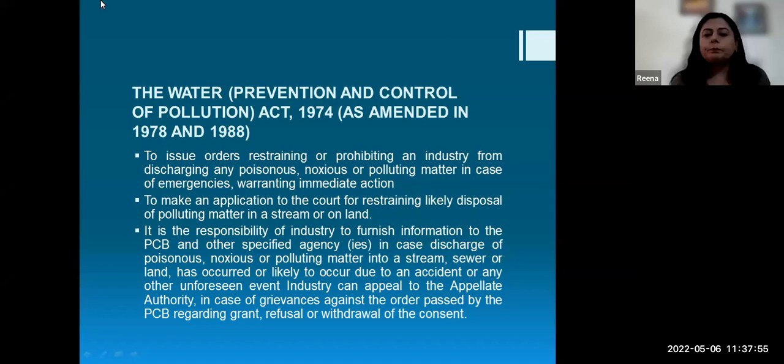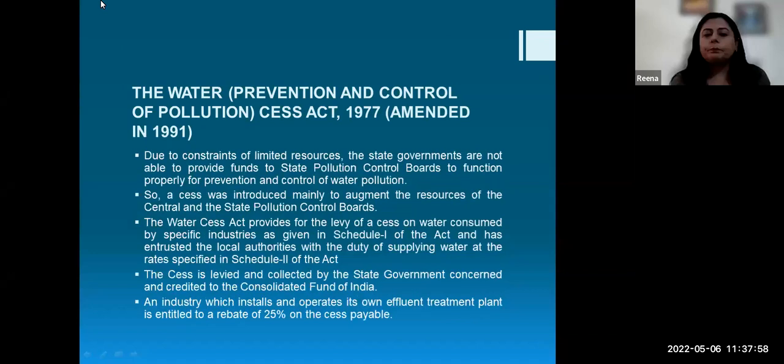And in the Cess Act they levy cess on water consumed. So in those times the cess was very low as per the second schedule of the act. The rates at which the water supply can be charged to the industries were very low. But now this cess is very high, and the industries which are primarily dependent on water sources as their raw material, for example the bottling units or the cold drink industry or the drinking water bottling plants, all these industries are affected, because the raw material is 80 to 90% water.